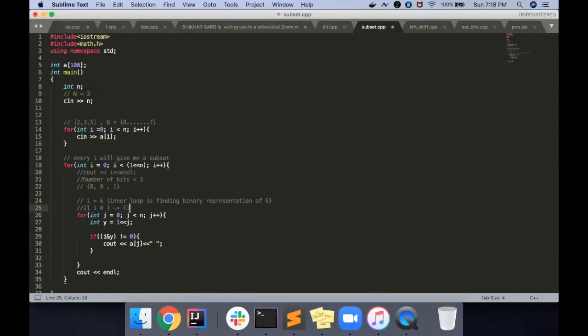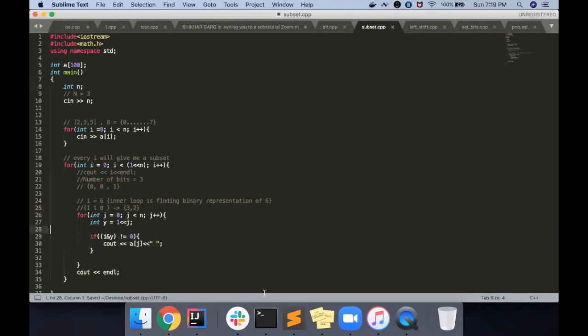Now it will start from the 0th bit. So let's skip, then come to bit 1. It is 1, so it will go inside this loop and will print a of 1. A of 1 is 3, not 2, 3, 5. Yeah, so it is 3. Now it will come to this bit. If it is 0 or 1, if it is 1, it will print 2. It will print like this because you are going from right to left. So you will get all the subsets.